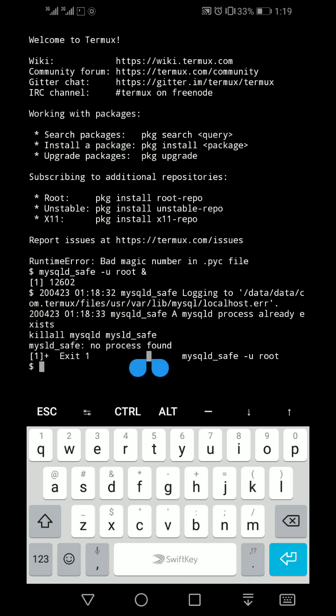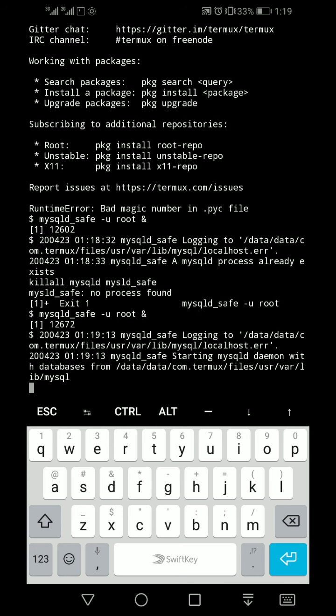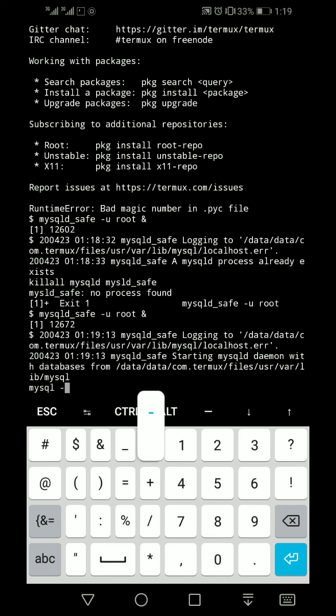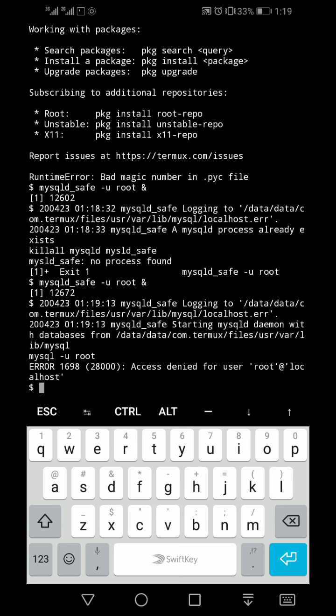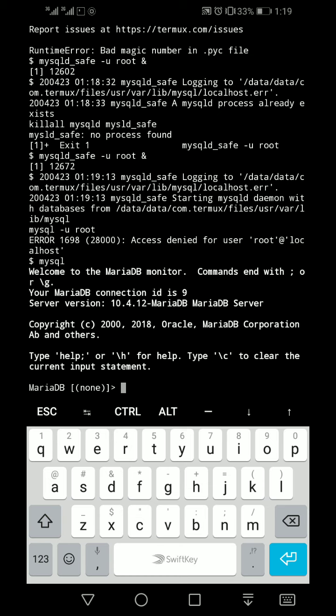Then again copy and paste the same thing, press enter, then type mysql -u root, enter. Okay, now type mysql, enter. Now you can see MariaDB is open here.